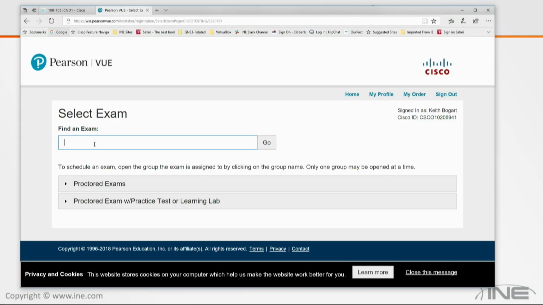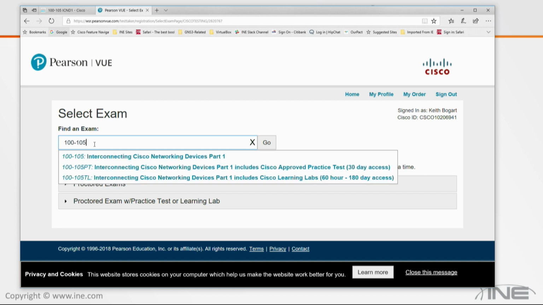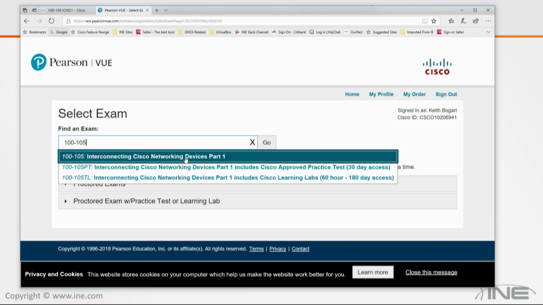Find an exam. I know the exam I'm interested in is the ICND-1, which is the 100-105. You can see right here, this first one is just for registering for the exam itself, and we'll see that in just a second. These other two, which are more pricey, not only let you register for the exam, but also give you either 30 days or 180 days access to some online practice tests and Cisco learning labs. But right now, let's just focus on registering for the exam itself. So I'm going to click on that,